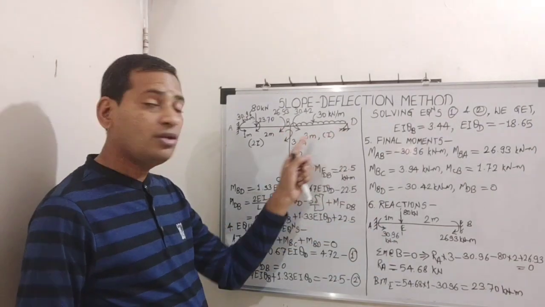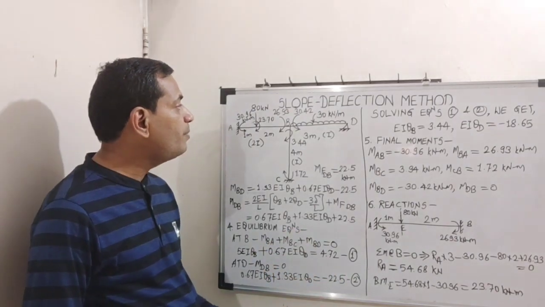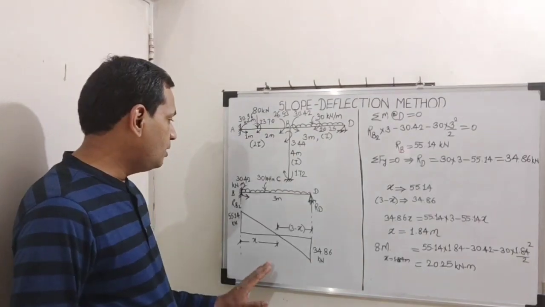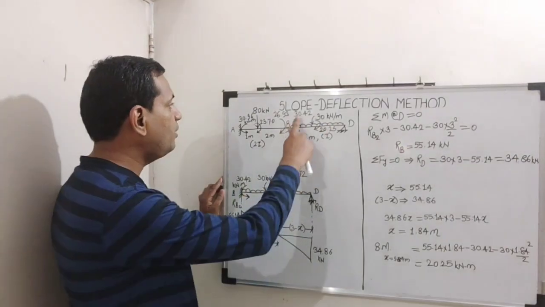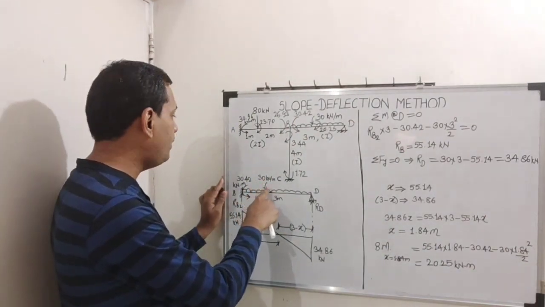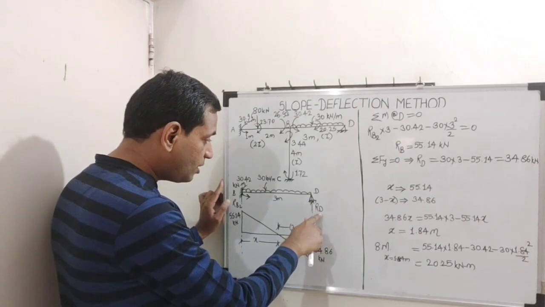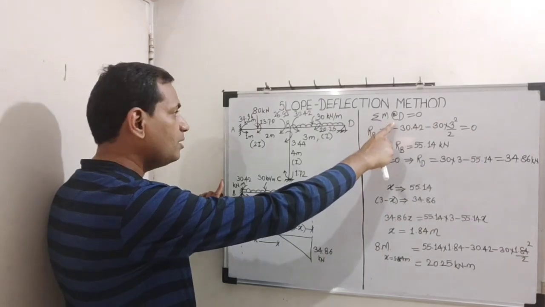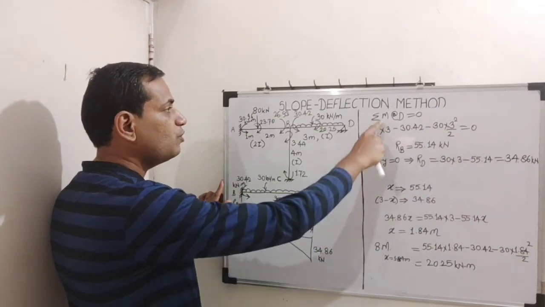I will find out the reactions, locate the point of zero shear force, and then I will find the maximum bending moment at the point of zero shear force. So here I have taken the free body diagram for beam BD. Here I have shown this 30.42 kilonewton meter internal moment, the external load of 30 kilonewton per meter, and I have assumed this reaction is RB2, this reaction is RD. For this particular free body diagram, on the right hand side, I have applied the equation of equilibrium on joint D, summation of moment about D.